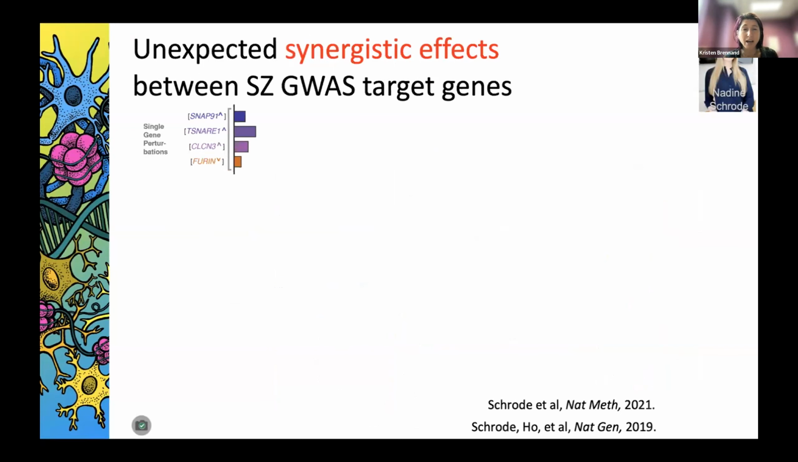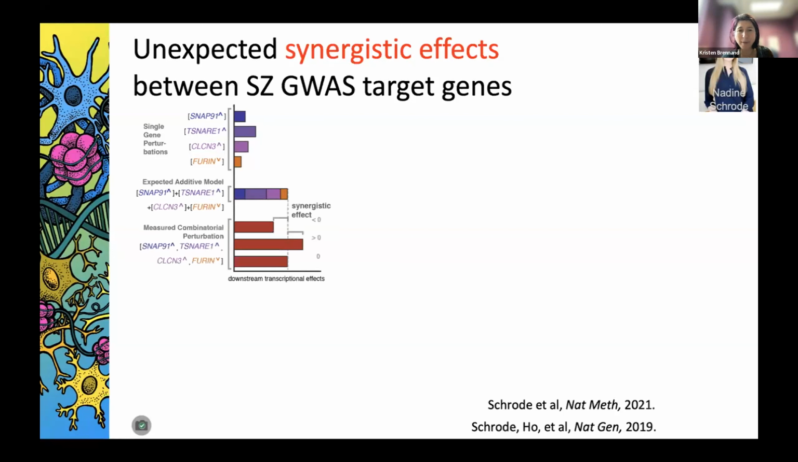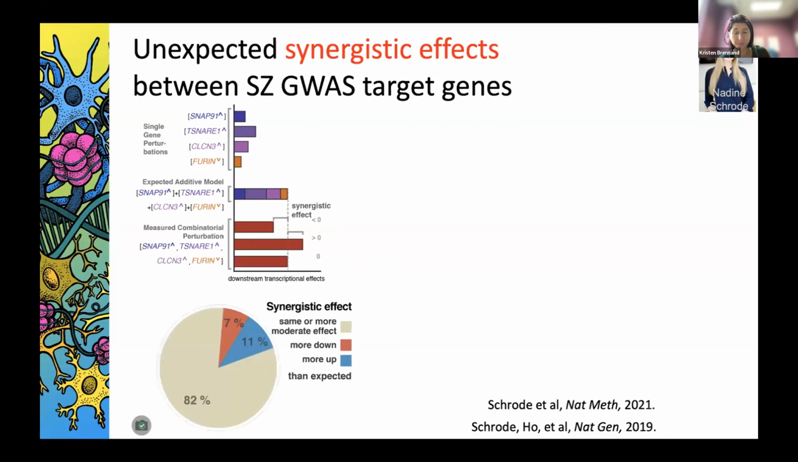So here we're taking the top 4 GWAS target genes, manipulating them one at a time for RNA-seq, computationally adding these RNA-seq together to yield an expected additive model, and then comparing that with the actual experiment in the lab when we combinatorially perturb these genes all together. When you do this, you can ask how good your expected additive model is, and the answer is actually pretty good. About genome-wide, about 82% of genes are changing as expected when you manipulate them in combination, but 7% of